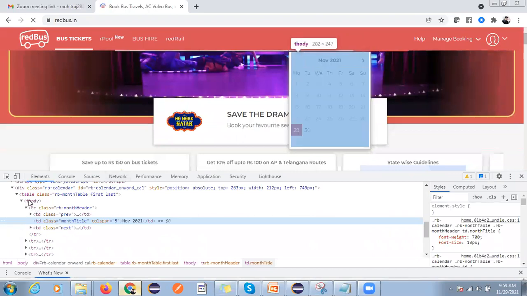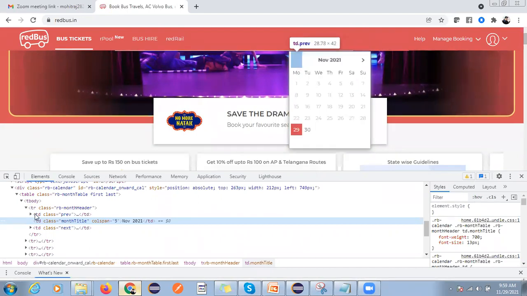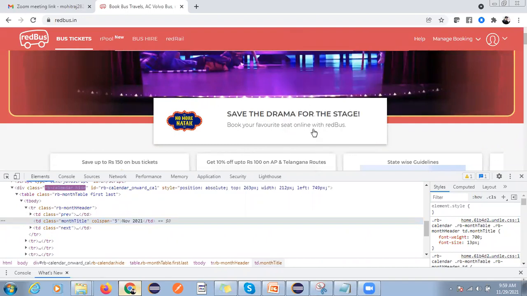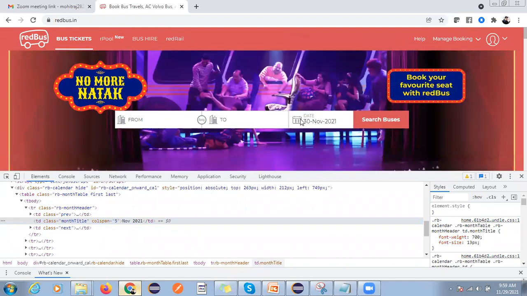You can see we have the table structure. This is your table. TR means row, and TD is your value. Okay, so here we have to validate, right? I want to select the date of journey, like 30. So where is that? This one.